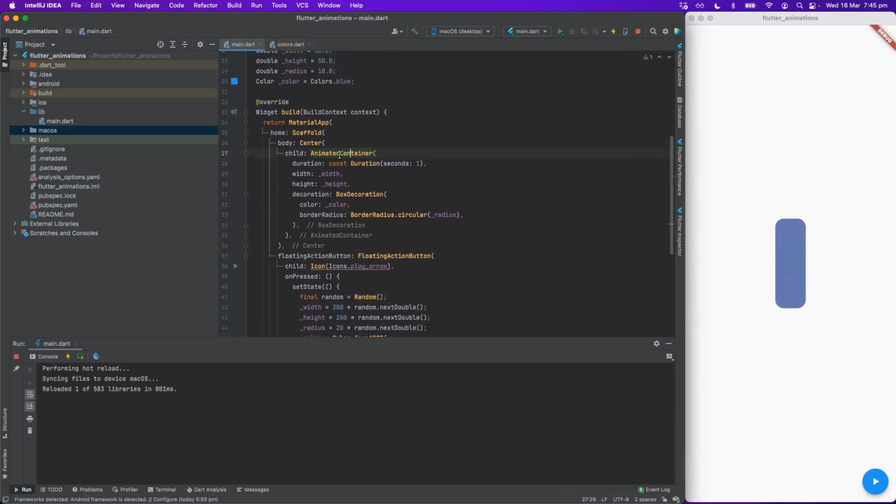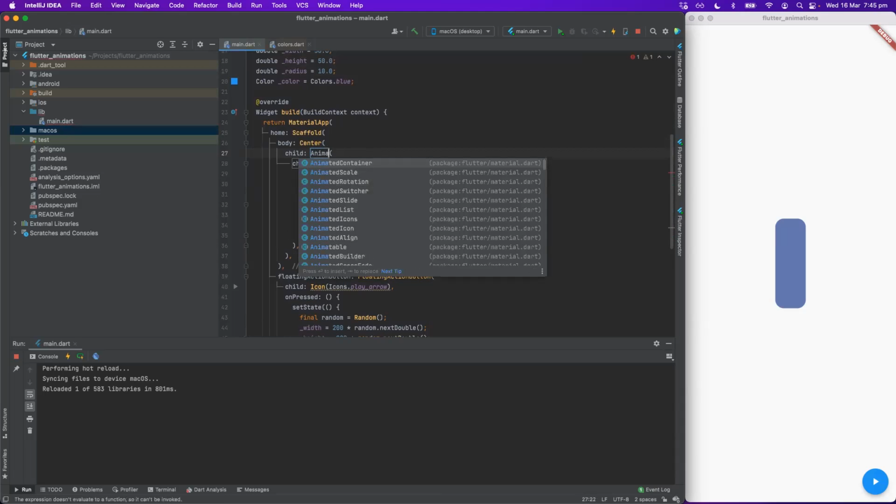But yeah, let's explore more widgets. So animated container is one of the widgets that I showed you, but there are a lot of other animated widgets that you can use. So there is, for example, animated scale, animated rotation, animated slide. Maybe let's use animated align.